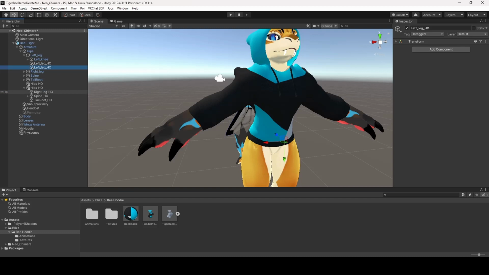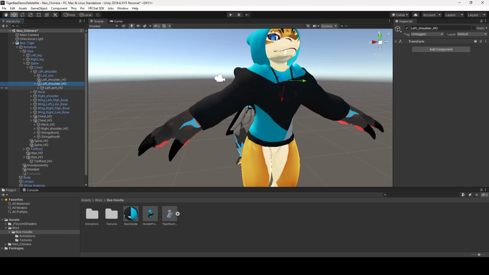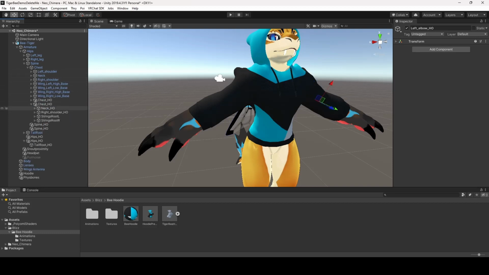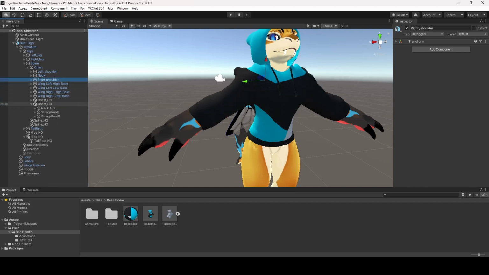Drag and drop all of these to their corresponding parts on the tiger bee. So left leg goes to left leg, right leg goes to right leg, and so on and so forth. Once you get to the neck, you're going to skip that. So we're going to go left shoulder, left arm, left elbow, and then skip the neck, go to the right shoulder, right arm, and the right elbow. Now, the last thing is the tail root. So grab the tail root, put it on the tail root of the avatar, and now you can open everything